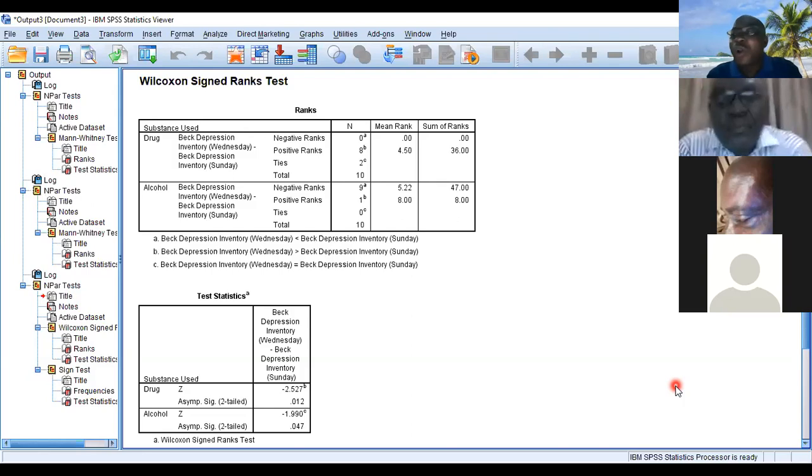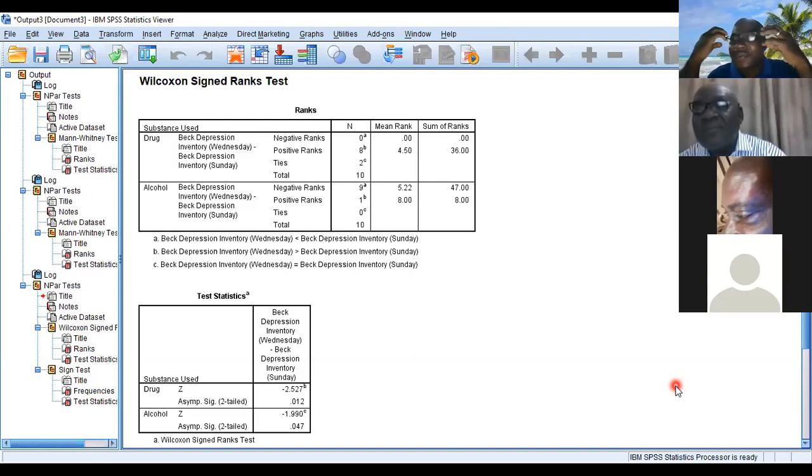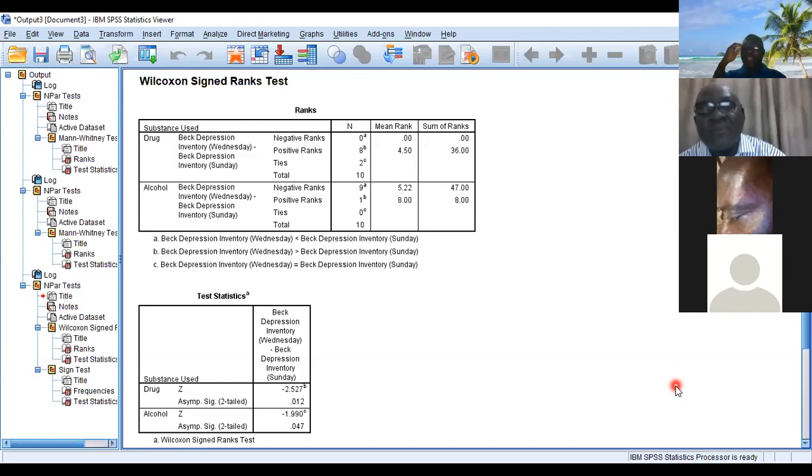Yeah, that is why I try to combine that odds ratio with chi-square, because it's dealing with categorical data. Do you see the logic now? If you have to use it for this one, you must dichotomize the depression score. When you dichotomize it, you can now know which one caused depression, between drug and alcohol. From what we are seeing now, there's a clue that drug caused depression more. But it will be able to tell you how many times more likely that the drug will cause depression